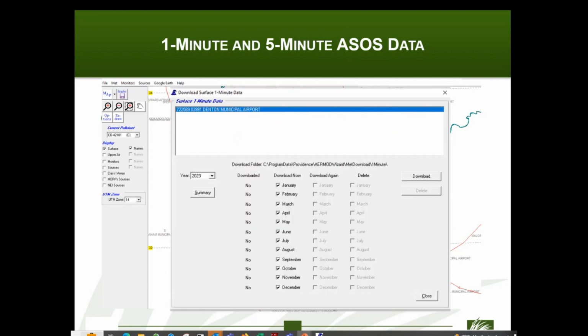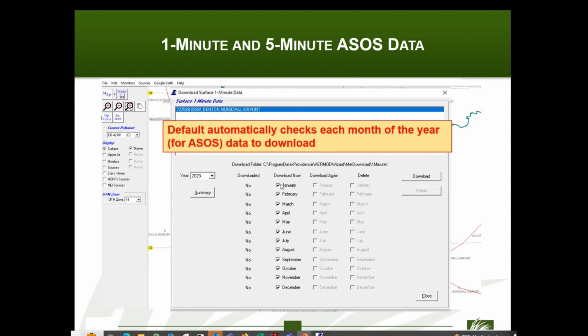a little pop-up box that says, here's a drop-down to pick the year, and then the default is that it's going to think that you want to download all months of the year. If you don't want to do all months of the year, you can go in and check off or turn on whichever ones you want. And then once you have that, you just can click download, and it will go get the data for you